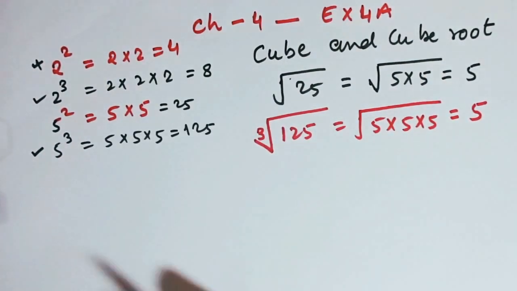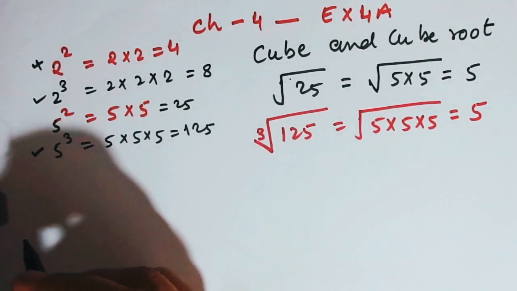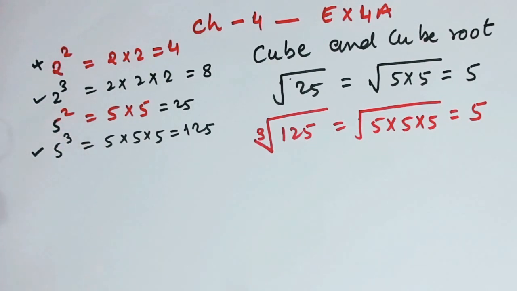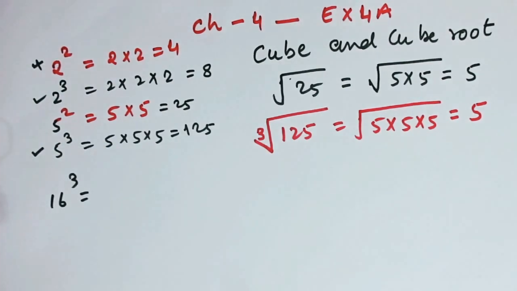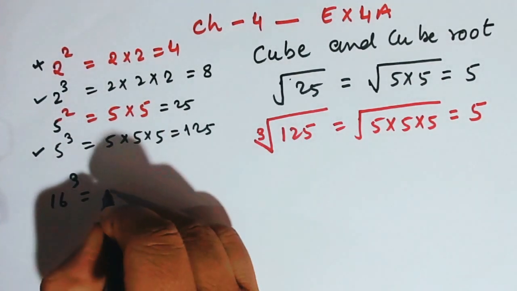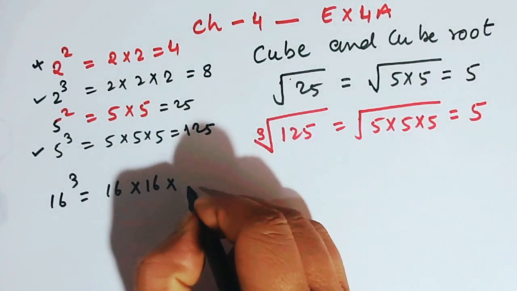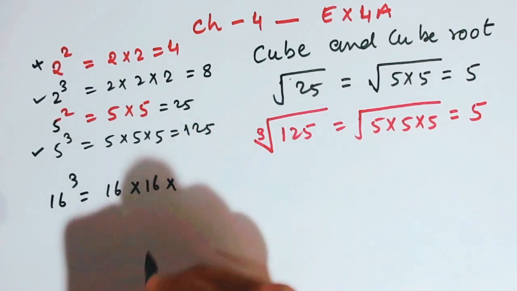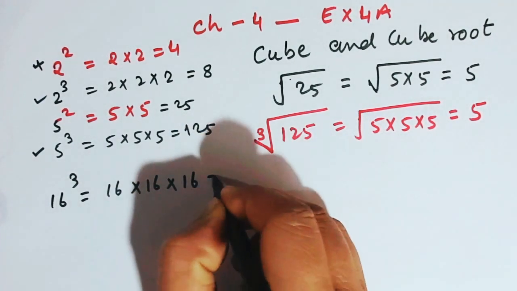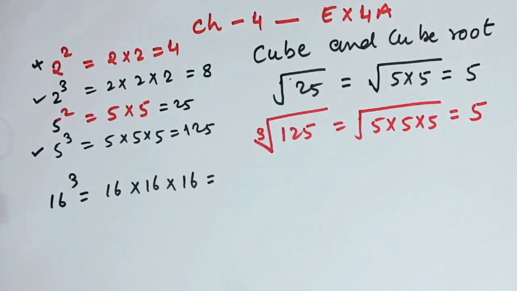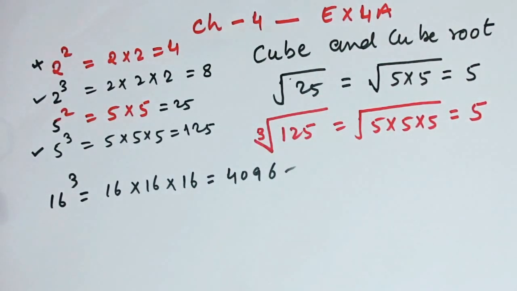Now, for example, in 4a, let us take some numbers, like find the cube of 16. It depends on your expertise, how clever you are and how confident you are in finding the factors, finding the value of the product of its triplets. 16 times 16 times 16 is equal to how much? I will also have to use a calculator now. Don't think that I am so clever.